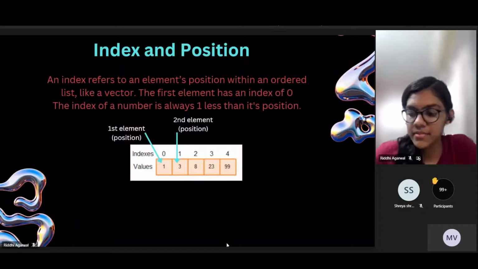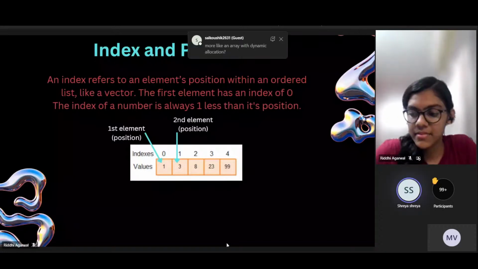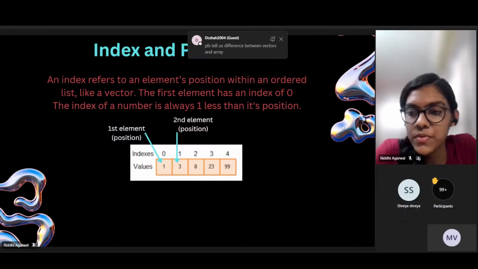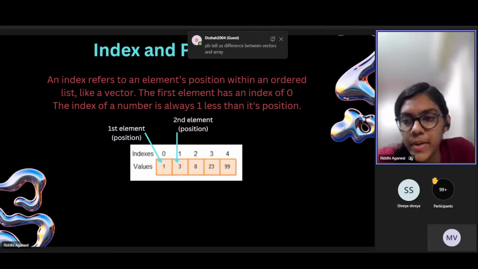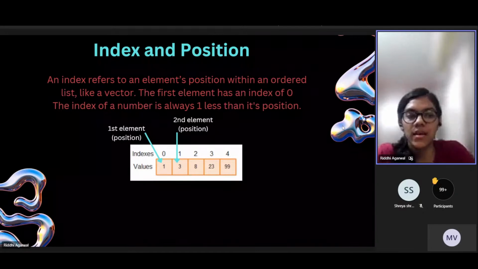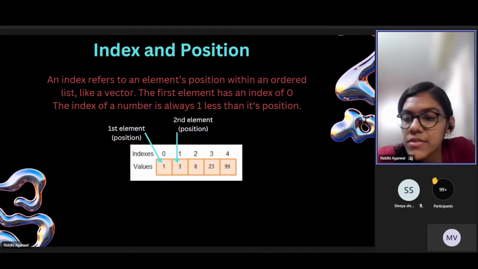Someone has asked on the syntax, what does n mean in vector<int> v(n)? Over here, n means the size of the vector. It's similar to when you create an array of n elements, you declare int, the name of the array, and in the square brackets, you write n. So in case of a vector, if you want to do the same thing,